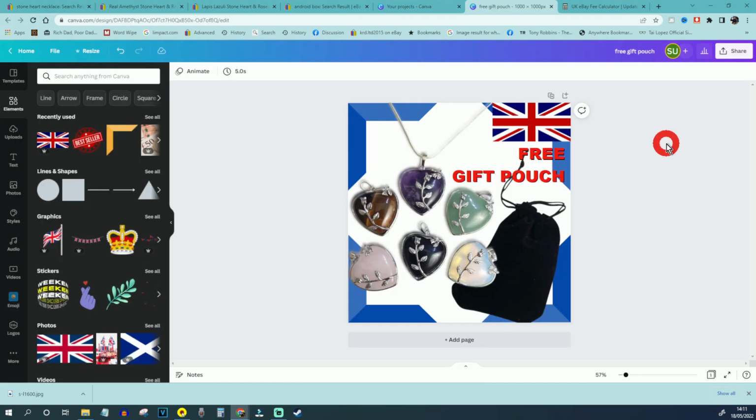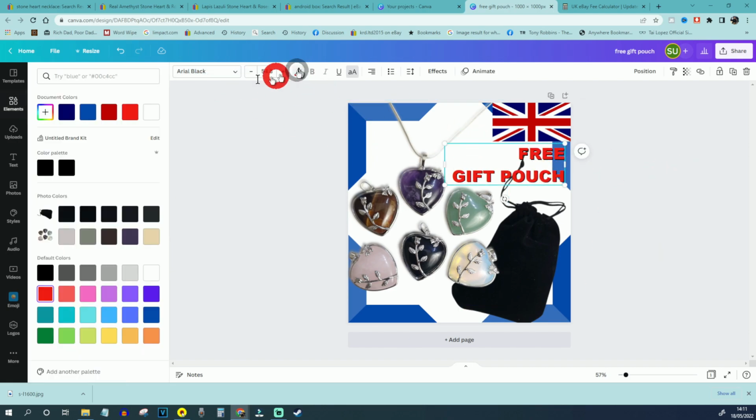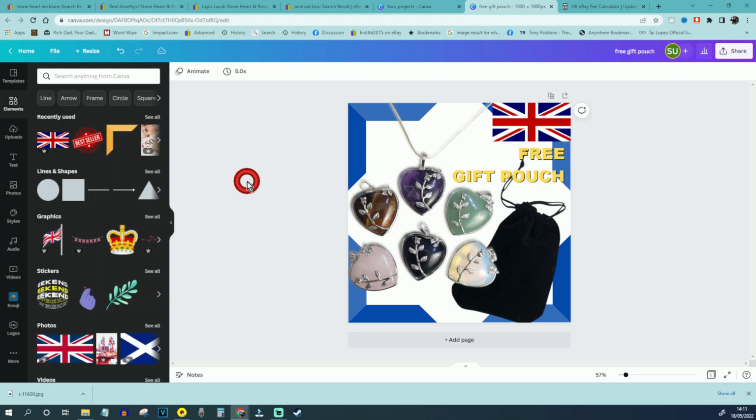So I've gone back to the original image that I edited, and you can see that I've actually added this on their free gift pouch. Maybe we'll change the color a little bit so it stands out a little bit more. Let's go for yellow. So we've added free gift pouch, and then you can see a picture of the gift pouch over here, and you can see the variations. So now I've created a higher perceived value. Why? Because on my image, I can now see that we've got multiple variations. You get a free gift pouch and